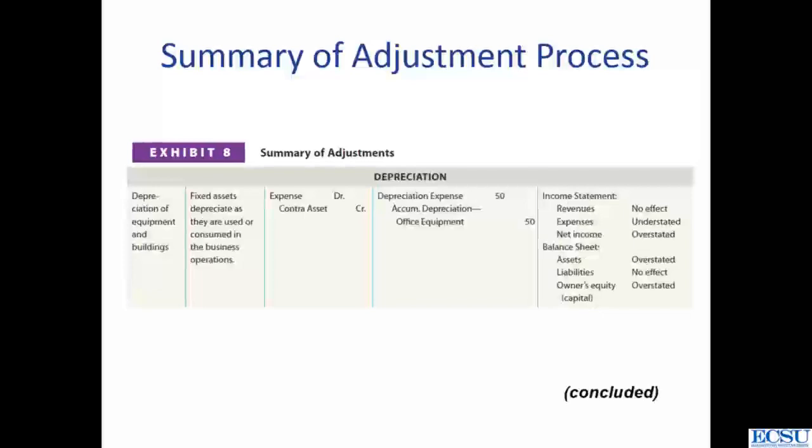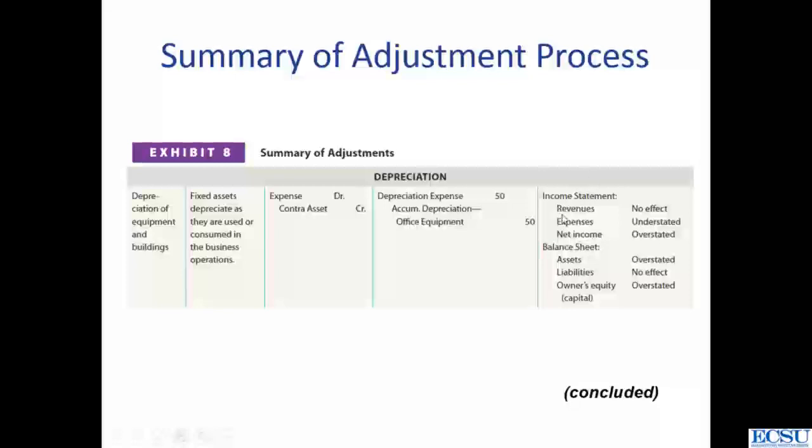And the last adjustment is with regards to depreciation. Depreciation of equipment or buildings is an example, and the logic behind it is that fixed assets depreciate as they are used or consumed in the business operation. To do that, we'll be debiting an expense account and crediting a contra asset account, that's an accumulated depreciation account. Now, depreciation expense would be debit, accumulated depreciation would be credit, and in case of effect on the